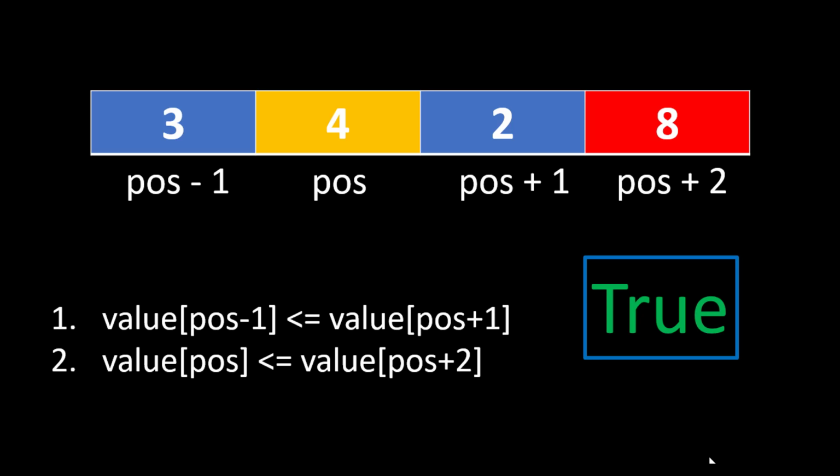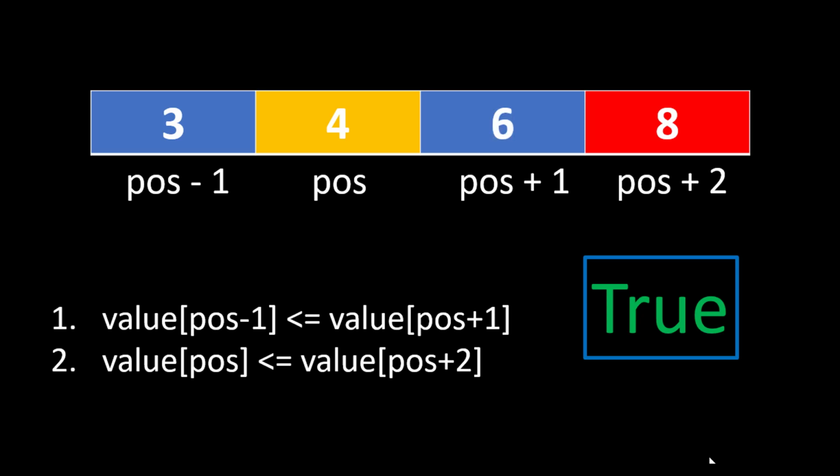In this case, we just need to compare the value at position to position +2. As the value at position +2 is 8, which is higher than the value present at position index, we are sure that if we change the value in between these two indexes, we can still make this array an increasing array. And hence comes the second condition, which is checking if the value at this position is less than or equal to the value at position +2.